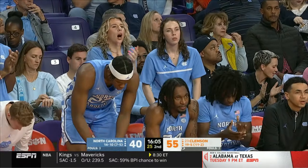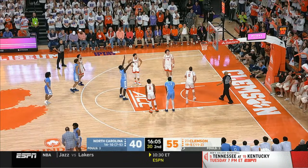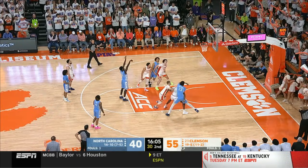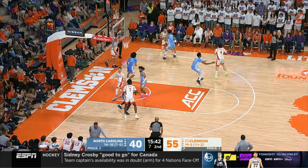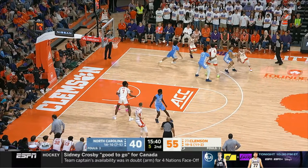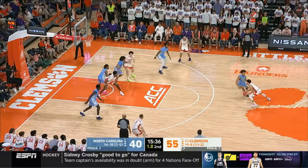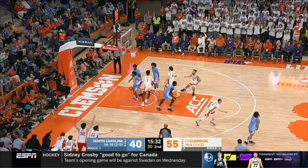And a 15-point lead for Clemson. When he took the job, he wasn't really about the general manager position, recruiting standpoint, but also to help with the student-athlete experience in Chapel Hill. In college basketball, the transfer portal, NIL, bring a different element, and you have to have someone that can concentrate solely on that. Hunter has to get a shot up with a shot clock winding down, and down it goes